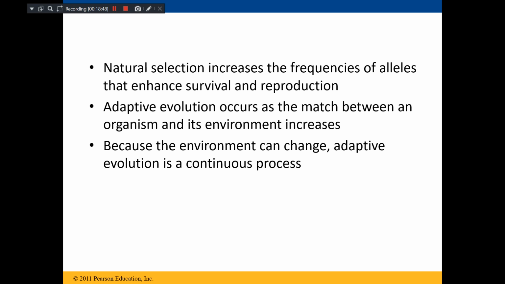And any adaptive evolution occurs as the match between an organism and its environment increases. What do you mean by this? An adaptive evolution occurs and is seen and visible.